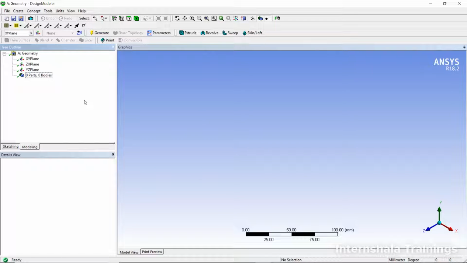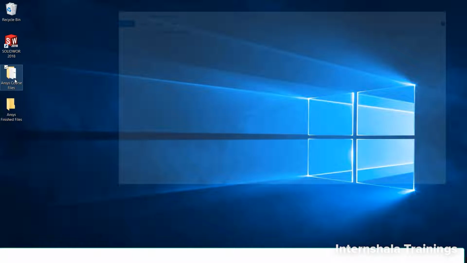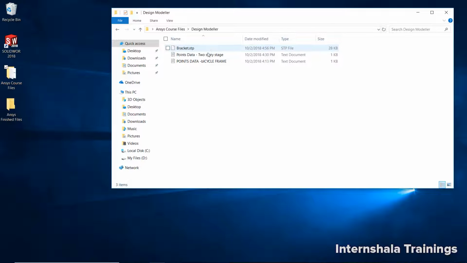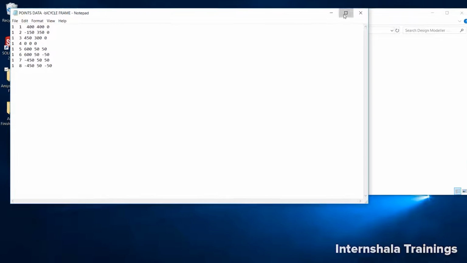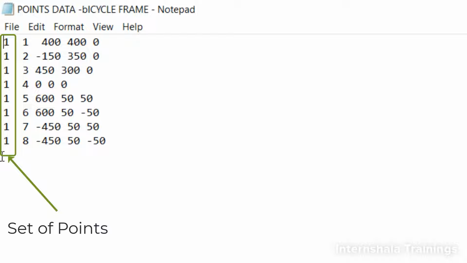First of all, you need to create a coordinate file. In order to show you how we can create a coordinate file, I'm going to show you. Here, see, for a bicycle frame, I have created points data. You just need to open a simple notepad, and then you can give this type of input.